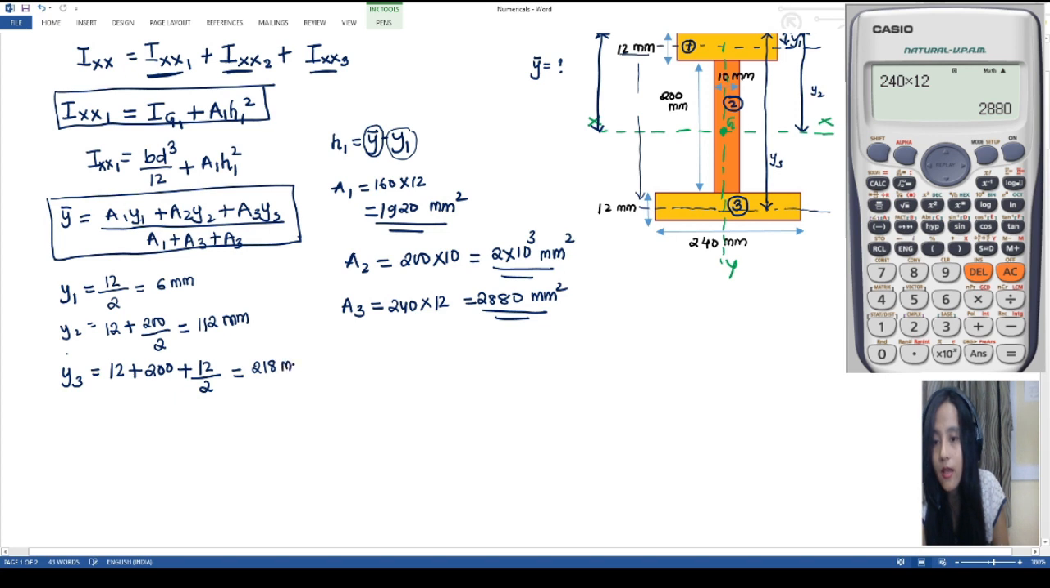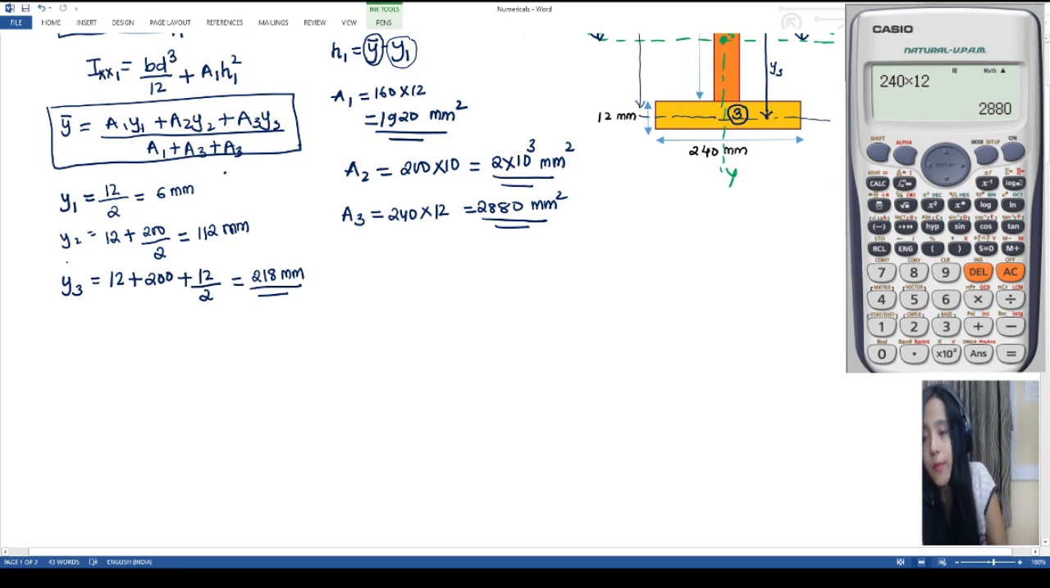218 mm. So this is my Y3 here for the bottom flange, or the third section, as I have divided here in the diagram. So you have found all the values of A1, A2, A3 and Y1, Y2, Y3. Now putting this in Y bar to find Y bar